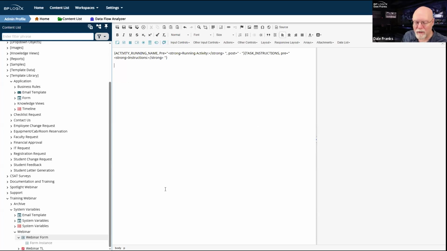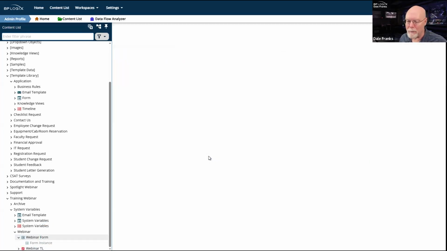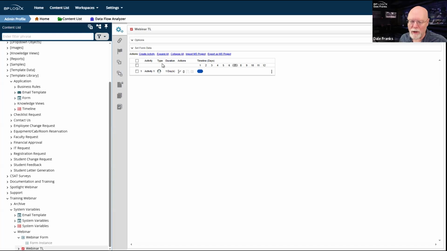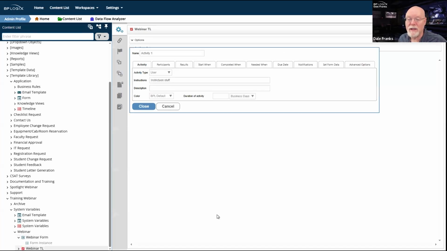Another time that system variable comes in useful is in process timelines. Now, I've showed you one example of a process timeline when we set the due date via a system variable. We actually do task assignments via a system variable. So in this particular case, we know that my supervisor is Diana. So I'm going to submit this form, and I'm going to submit it as me.